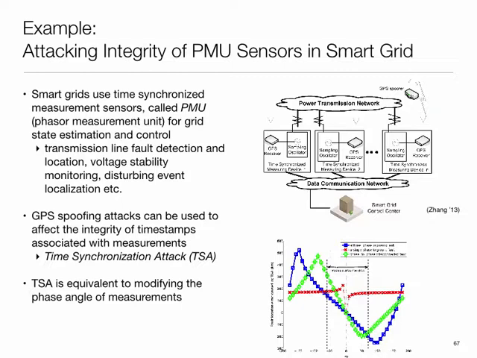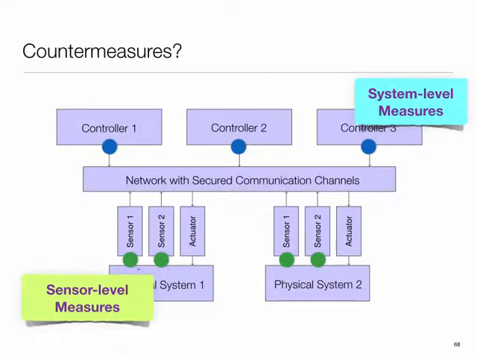If I have a GPS spoofer, I can shift the sampling time by a few milliseconds. An AC cycle is 17 milliseconds in this country, so just within that, you can make the fault appear to happen hundreds of kilometers away, by judiciously attacking certain of these sensors. These are all attacks which are demonstrable now. So IoT systems will have to come to terms with this kind of stuff as well.